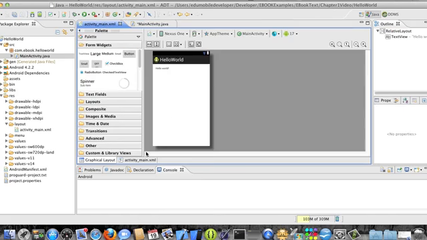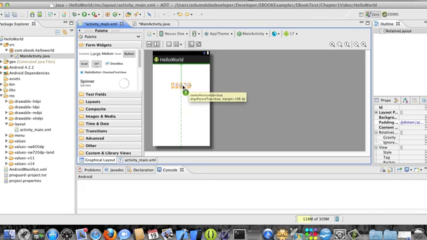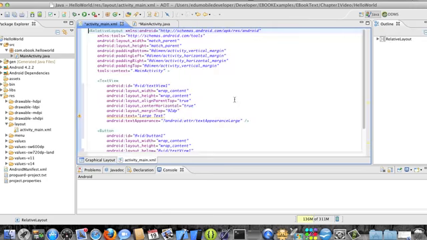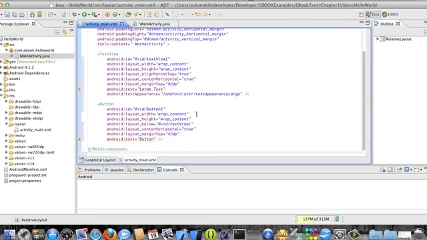So we'll go to activity main, and the first thing we'll do is delete this hello world text. And then we're going to place another text, and we'll just center it in a view, kind of there. That's fine. And then we'll place a button here, and that's fine. And now we can look at the properties of these objects. The button will just change its text for now to say hi, and then we'll get rid of the text in the text view